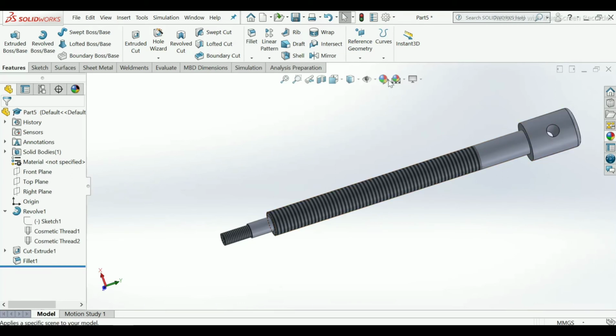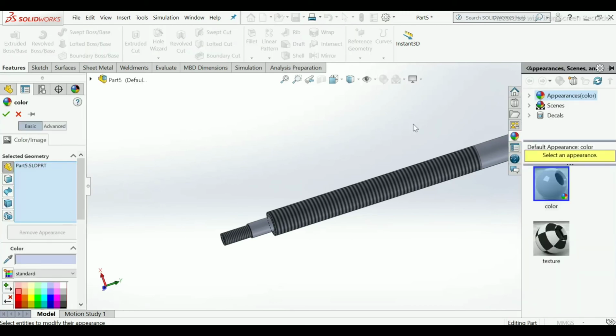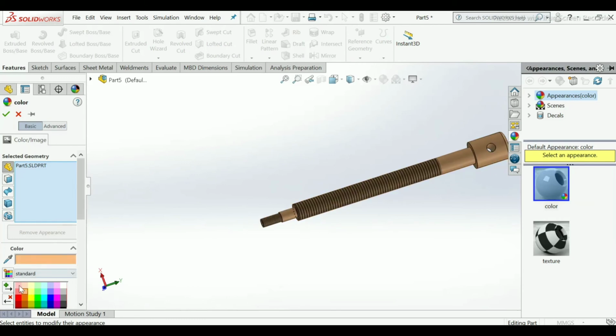Only we have to give some color. You can give any type of color as you want.